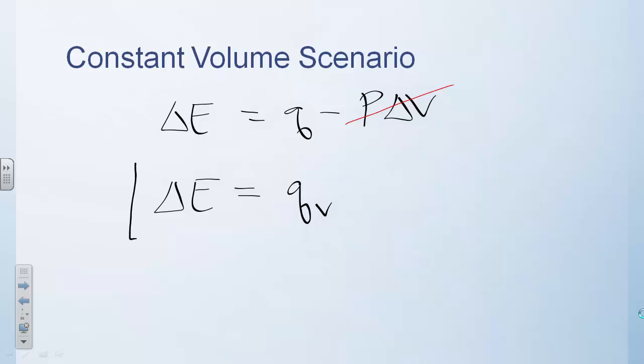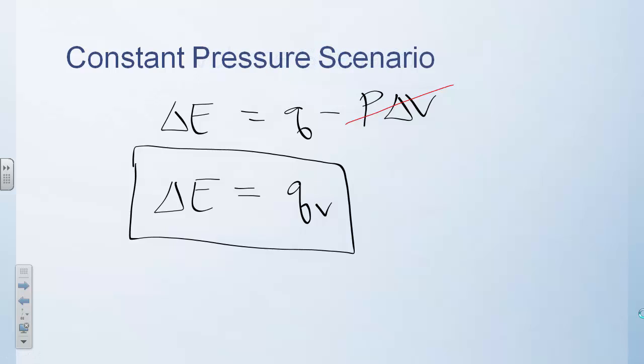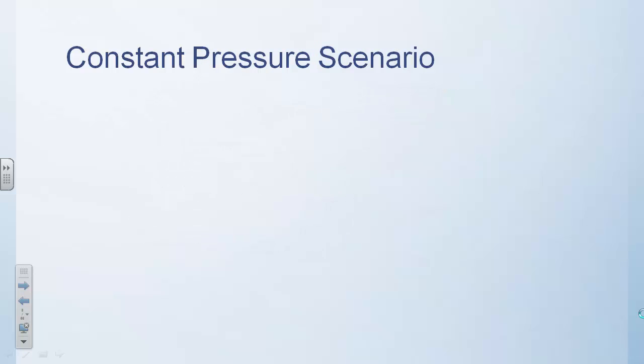These are conditions that we study when we do something like bomb calorimetry, where you have a reaction happening inside a sealed, rigid container that you know is not changing volume, and so you can find delta E directly. Okay, so that's interesting and great, but probably the more true to life scenario is